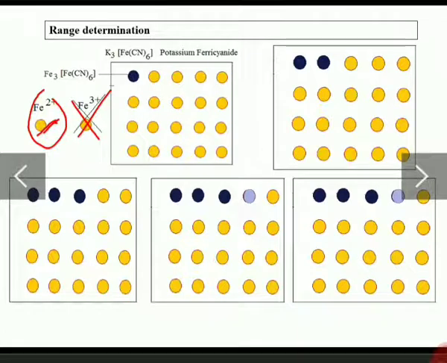So the name of the indicator is potassium ferricyanide. The indicator reacts with Fe2+ ions. The indicator doesn't react with Fe3+ ions. The name of the complex is, potassium is replaced by the ferrous Fe2+ ion. The name of this blue colored complex is ferroferricyanide. Ferrous ion will react with ferric ions.